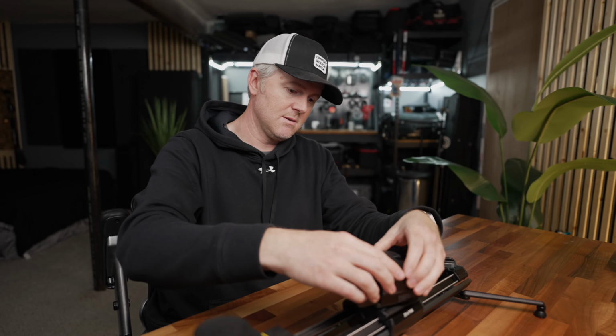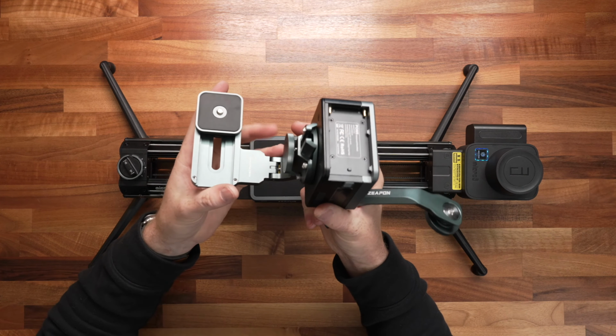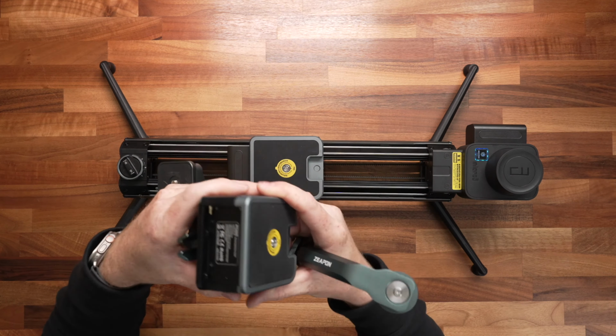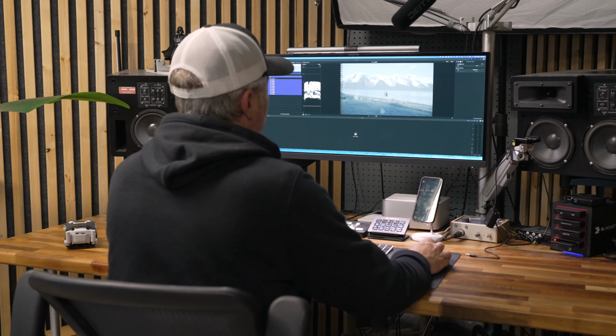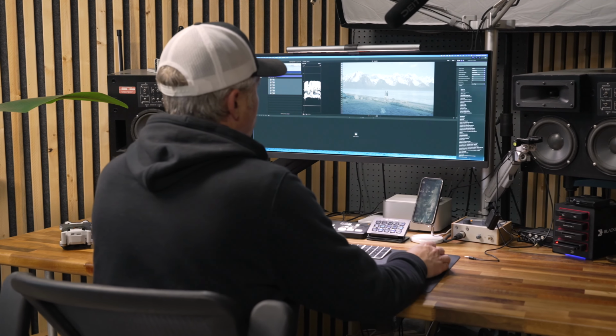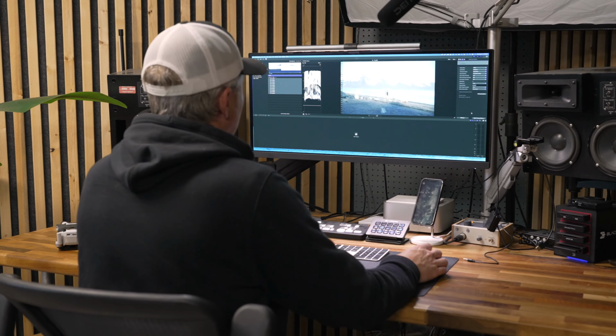But they also have these, the Pons motorized pan heads, and you can get one that is a horizontal. So we'll put that on down here. And you can get one that's vertical, which means you get this arm, put it in here, lock it down, put this one in here, lock it down, and now all of a sudden you have pan and tilt control,